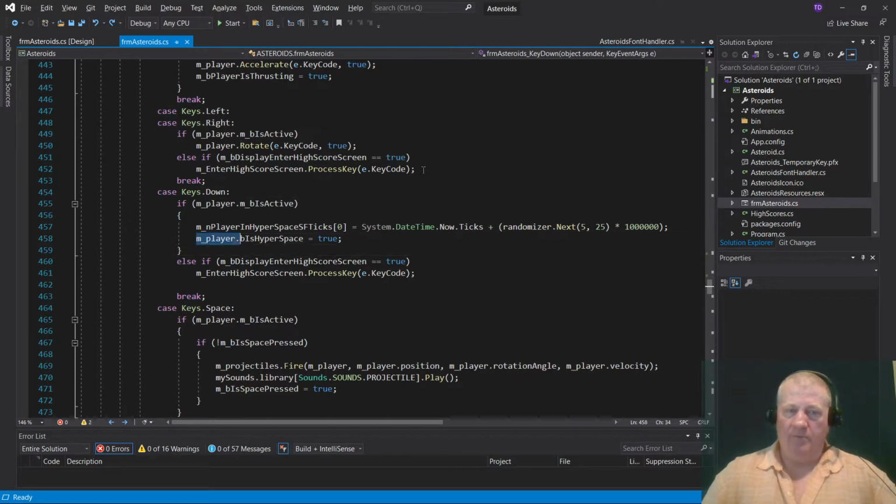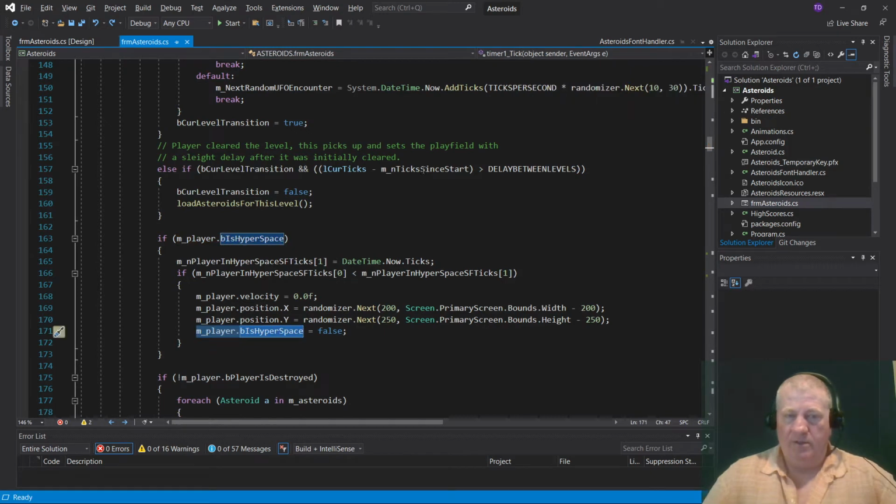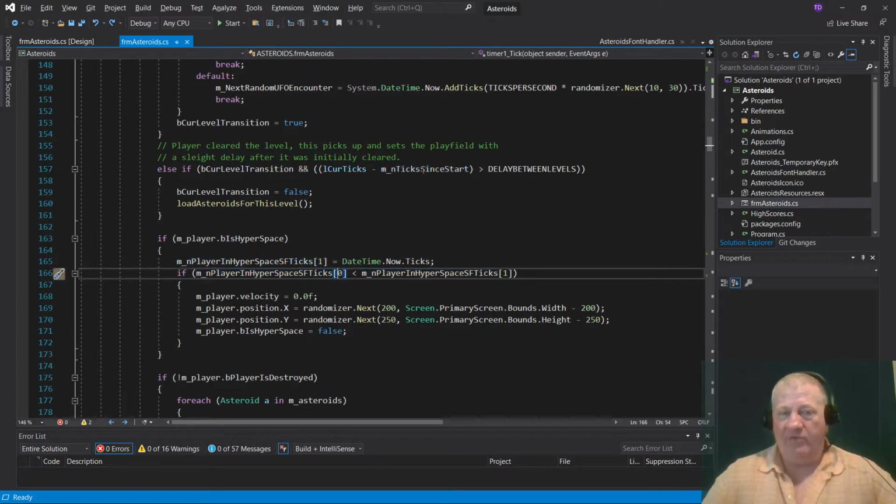So going back to the player hyperspace, once a player is in hyperspace, once it's actually set, I look for the 0.5 to 2.5 seconds for that to elapse. And if that time has elapsed, which we're doing a comparison of now ticks versus the when it started ticks,